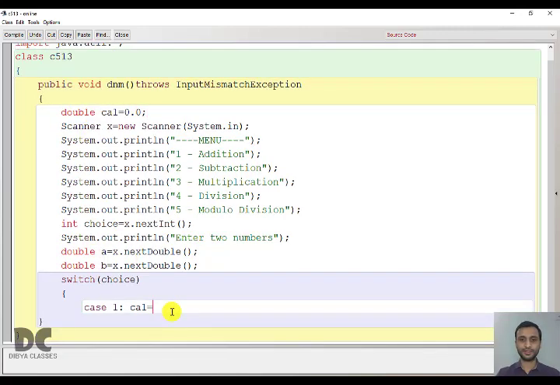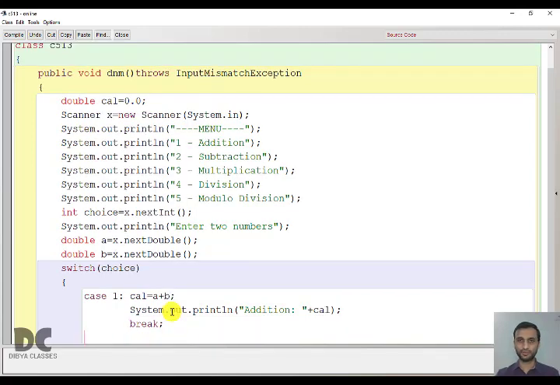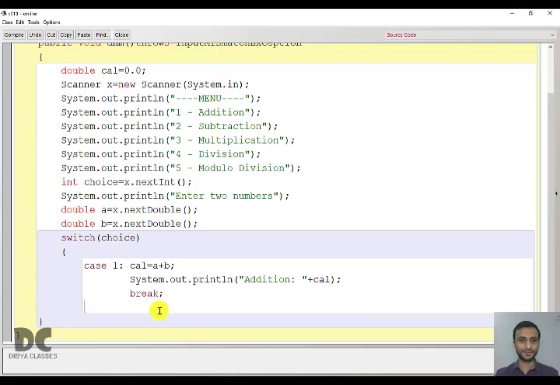We'll add a and b, and then after adding, we'll print it. Println addition is present in the variable cal. And then always remember to write break, or else it will become fall through. Your program will be wrong.